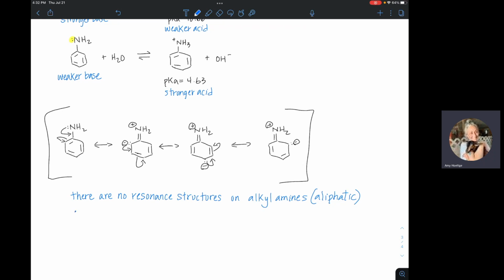And so therefore, their lone pairs of electrons are more available for use, meaning they are stronger bases. Or better nucleophiles, right? When we're comparing, so this is just speaking about the amines, but when we're talking about